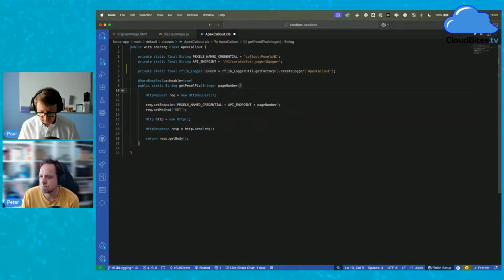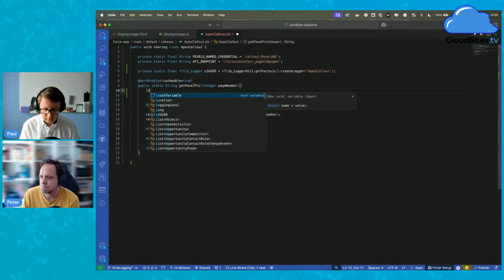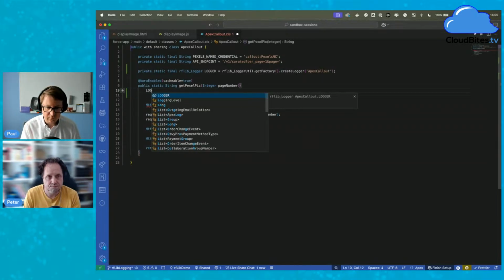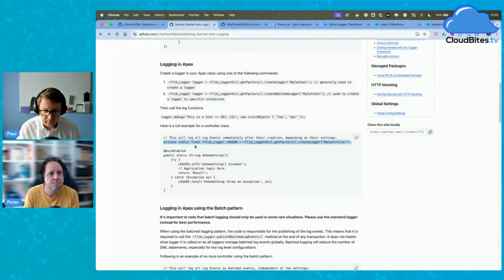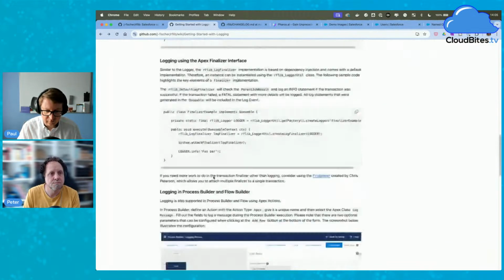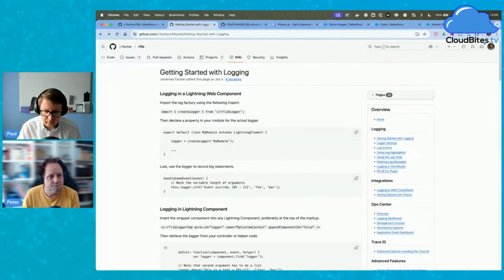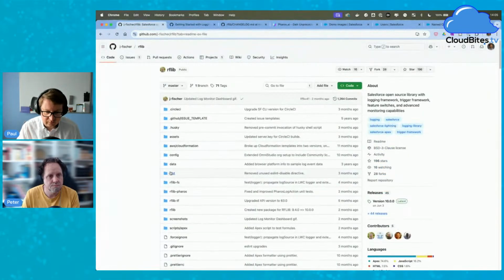And so what I'm going to do is logger dot, and it obviously hasn't updated yet. We're going to do an info. There's a number of different levels you can do, I believe, but we're going to do info. If you go over here, you can go in, and if I go to RFLib, default,